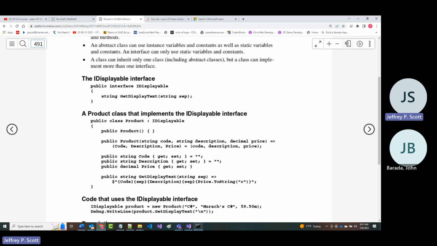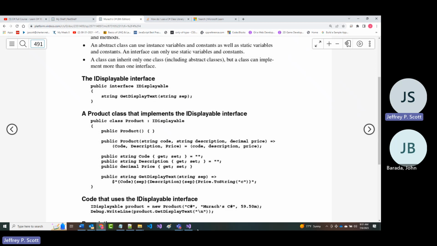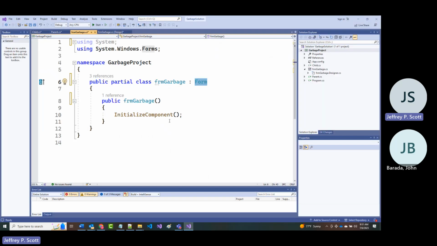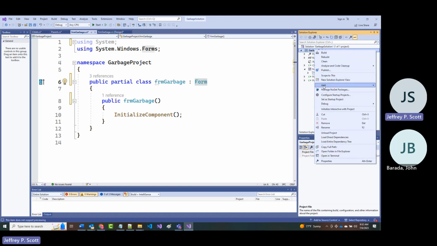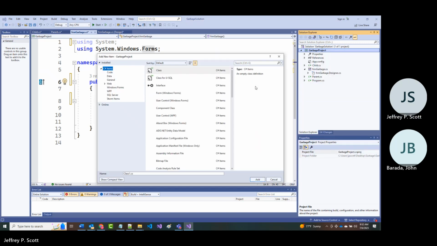But if I do come in here, and you've seen this before, in fact, in here we built child and we built parent. All right. But we could come in here and I could right mouse click and choose add, and again choose new item, and now choose interface.